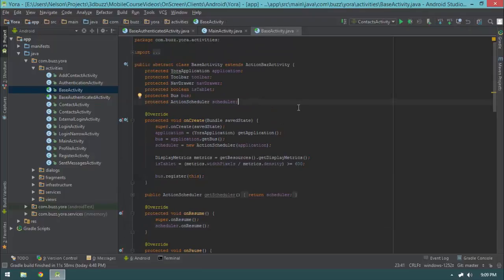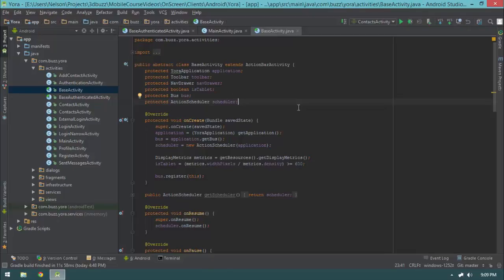and the code that I'm about to write is more or less going to unregister ourselves from the bus in one of two cases: either the finish method is invoked on the base activity, or the onDestroy method is invoked. However, unfortunately, Otto throws an exception if you try to unregister an object that hasn't yet been registered. So if we unregister the same activity twice, we'll get an exception. So you have to keep track of whether we have unregistered yet